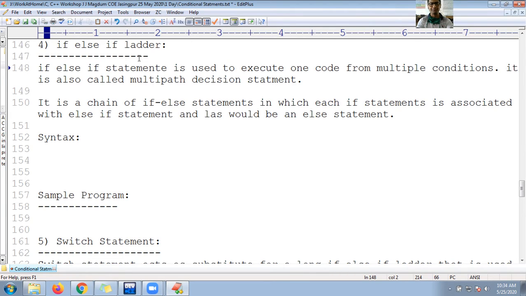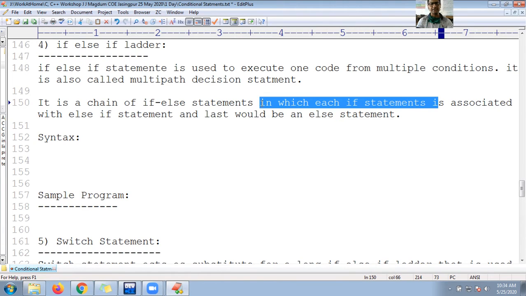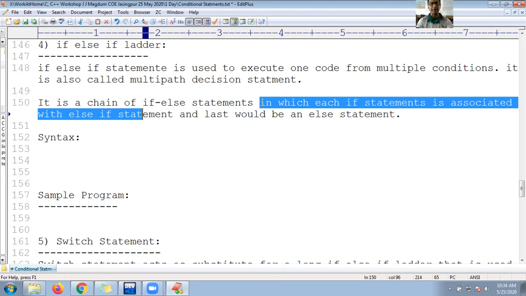So it is also called a chain of if else statements, in which each if statement is associated with an else if statement, and at last it would be an else statement only.